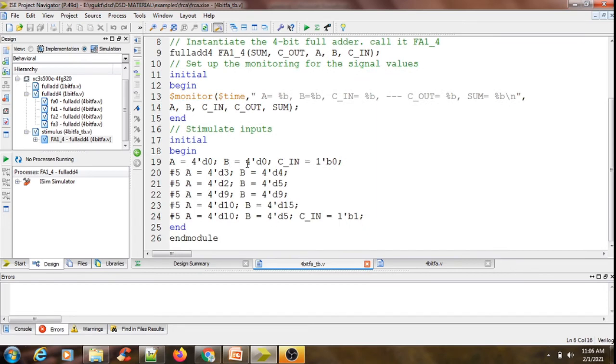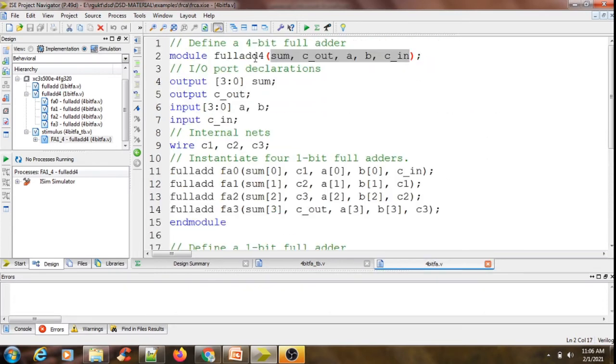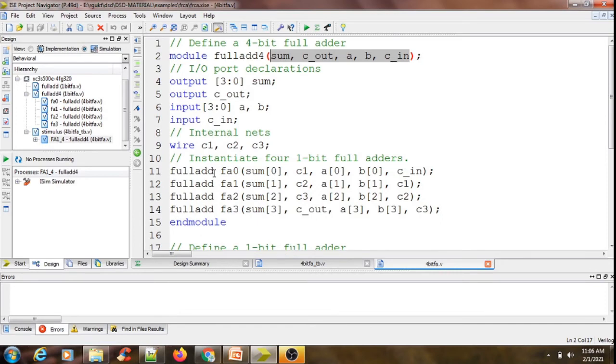For various values of A, B and C, we see how the sum and carry are generated. That is the agenda of the 4-bit ripple carry adder. What it does is instantiate 4 copies of the single bit full adder: full add FA0, FA1, FA2, FA3.